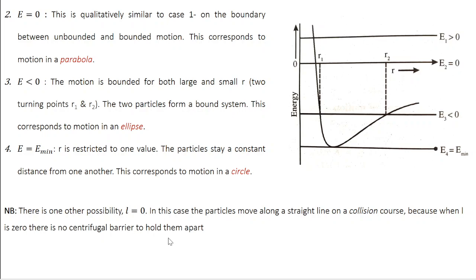So what happens? They are completely controlled by the attractive gravitational force. So they move in a straight line, they collide with each other. So that is a classic collision problem or a scattering problem. On the other hand, if there was some centrifugal barrier, then these two particles cannot come closer beyond a particular point. In other words, they can never touch each other. So if the barrier is not there, they will collide with each other. If the barrier is there, they will never collide.